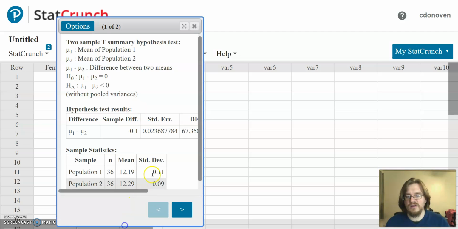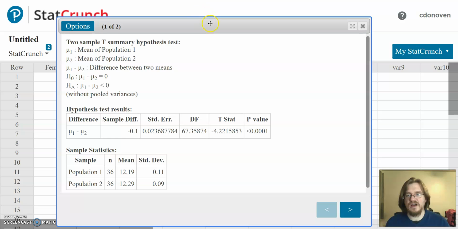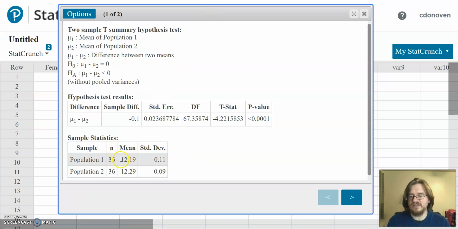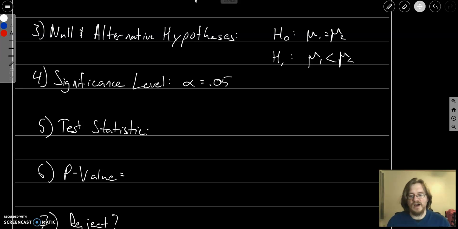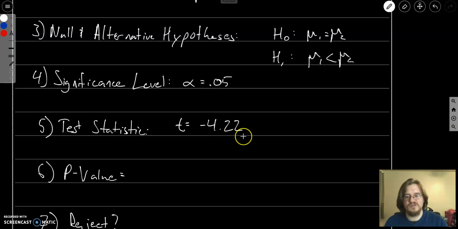So what we see when we look at the populations, our mean and our standard deviations are listed there as we typed them in. The degrees of freedom in this case is going to be over 67, which again does not look like our sample size minus 1, but the computer is using a much more complicated formula. We have our test statistic and our p-value. So our test statistic is going to be negative 4.22 if we round, and our p-value is actually going to be really small, less than